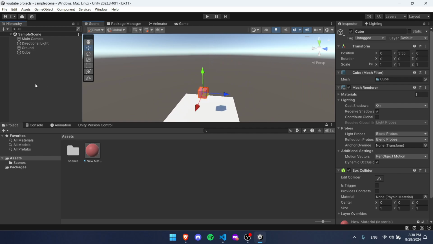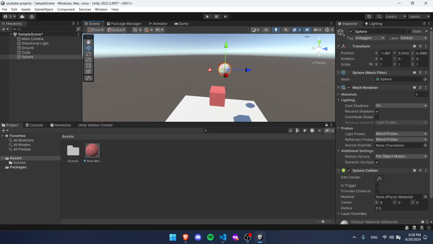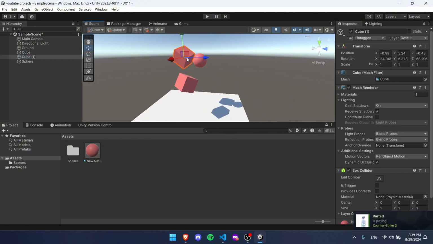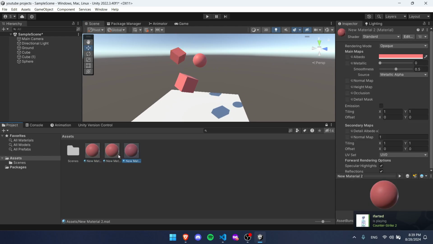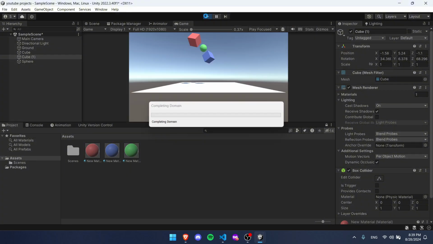So we're gonna go back, and now we're gonna add some other things so we can get a better understanding of how to add gravity and what it does in our game. Boom, boom, boom. This looks good. And let's add some other colors in. So now if we go to a game view and we press this, it's not gonna move at all, just